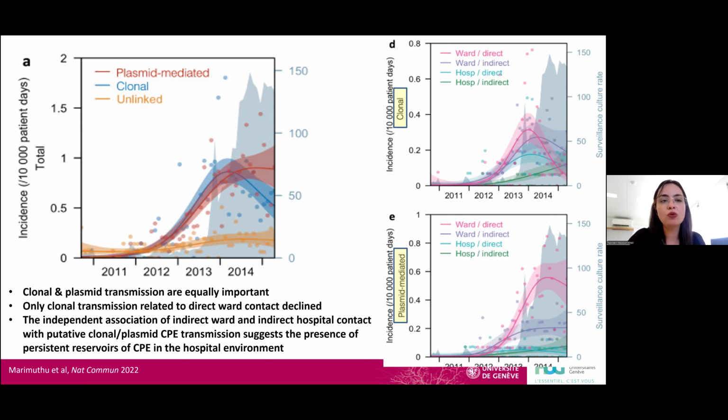The first conclusion of these authors was that clonal transmission and plasmid-mediated transmission are equally important and should both be assessed. And over time, clonal transmission decreased with the implementation of IPC, infection prevention and control, measures, but